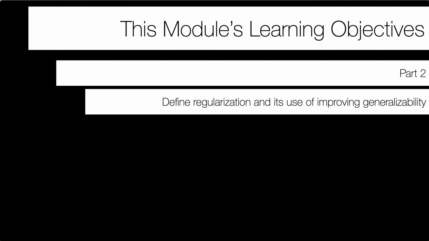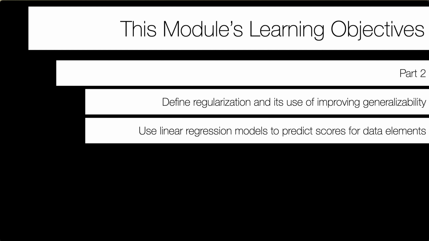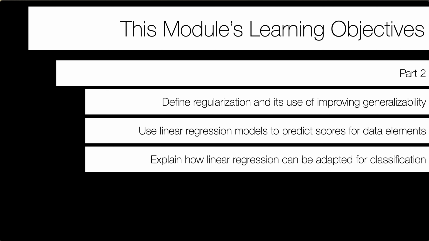In the second part of this module, we'll go a little bit further and talk about regularization and how it can improve generalizability. This is how to deal with overfitting through regularization. And then we'll talk about linear regression models, from the section in the book on linear models. Then we'll talk about how linear regression can be adapted for classification. So basically, how do we take a linear model like linear regression or logistic regression, and then adapt that to classification,